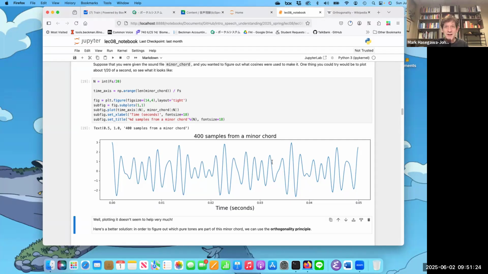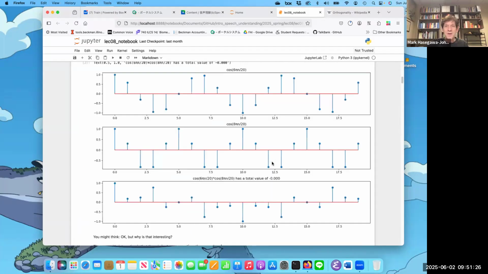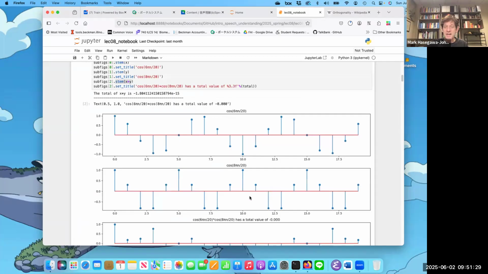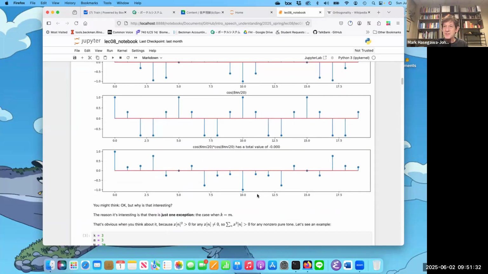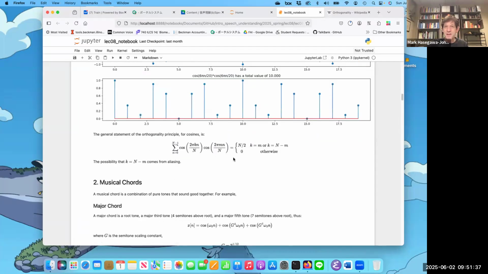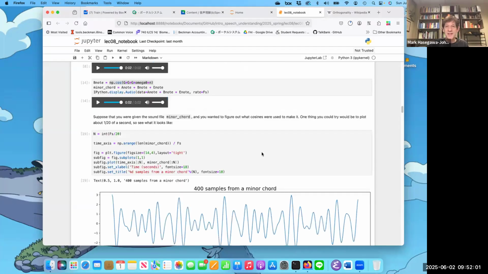This magical principle that we discovered up here, where we multiply together this cosine times this cosine, and we get something with an average of 0. That magical principle, summarized in this equation, allows us to find out exactly which frequencies are in any given input. If we know that it contains a frequency at some frequency m, then when we multiply by some frequency k, the average will be 0 unless k is equal to m. And so in that way, we can figure out exactly which frequencies are there